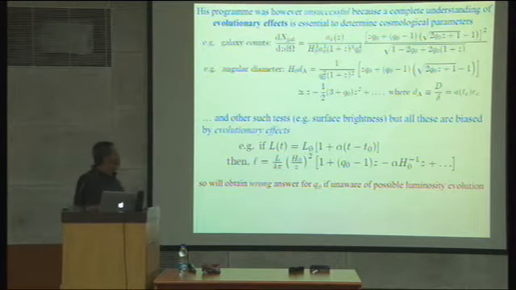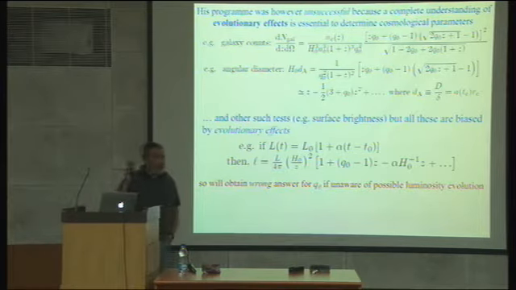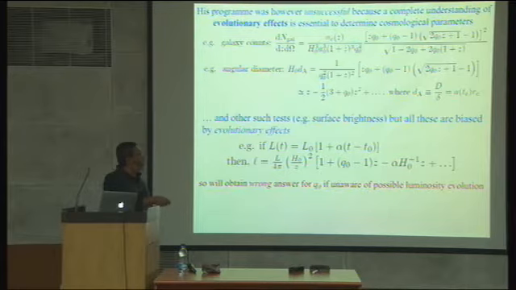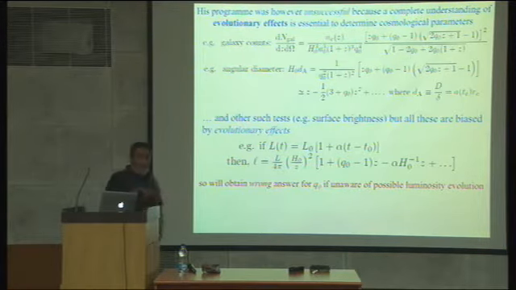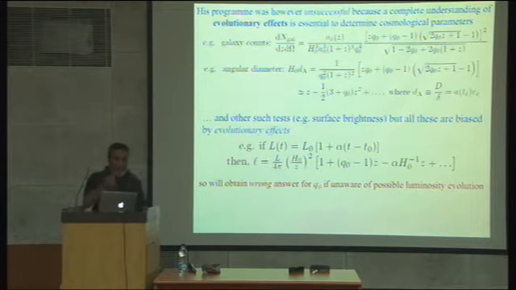If galaxies actually evolved in time, but I don't know that, and I assume that they have constant luminosity, and if I use this standard cosmology to try to interpret the observations, to try to infer Q0, I'll go wrong, because I'm not allowing for the fact that there is another term here of opposite sign. I'm not corrected for that, so the answer I get for Q0 may not be correct, right? And this is a trivial example, just to illustrate to you in a very simple example, how luminosity evolution can bias your conclusion. So this is why the great program of cosmology up to the 80s actually failed, because